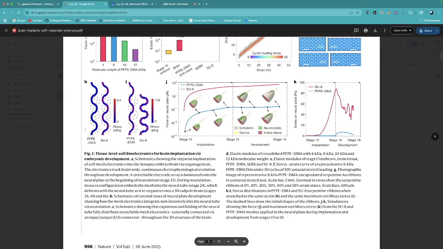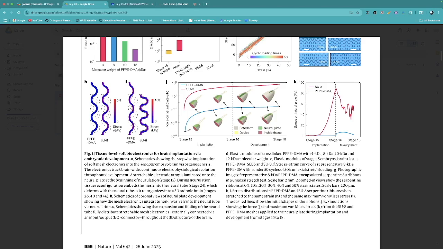And they just show this throughout the length of the ribbon. J is force on neural plate versus different stages of development. So during implantation and development, these electrodes have a certain force on the neural plate, so they want to make sure that it's not exerting too much force, it's not manipulating the way the neural plate develops, but it's also stable enough so that it doesn't shift as these embryonic movements are happening.